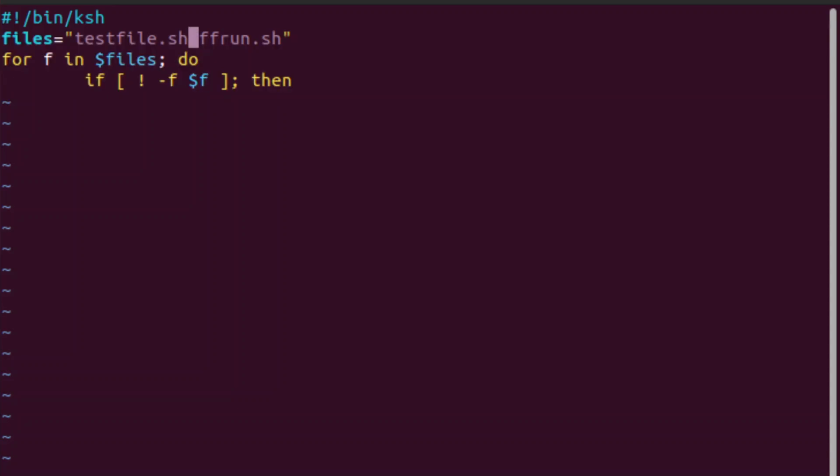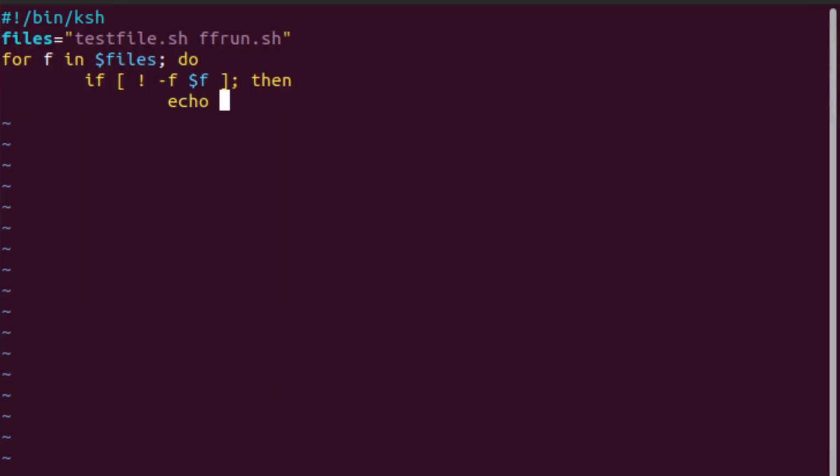So the f variable is actually this here, right? And remember that it's going to run through this if and for loop with these two files. So basically, testfile.sh is going to be put in this if statement, and then ffrun.sh is going to be put in this test statement. So this if-then statement is saying if this file exists and has read permission, so if that is not true, then